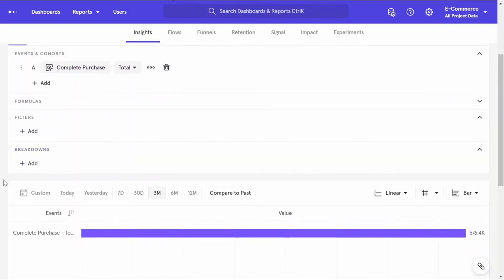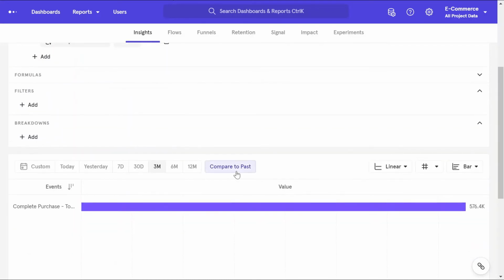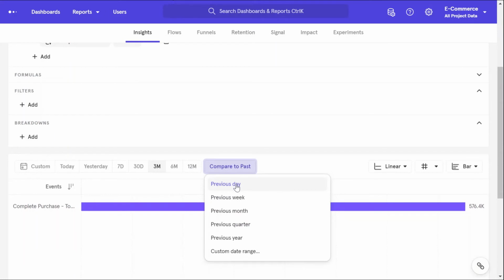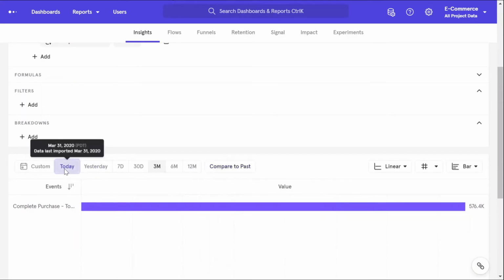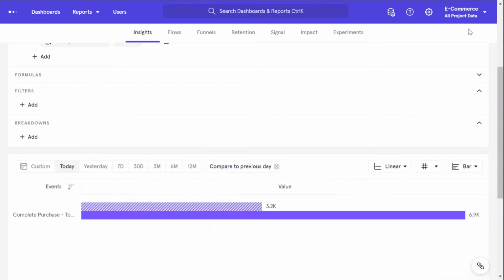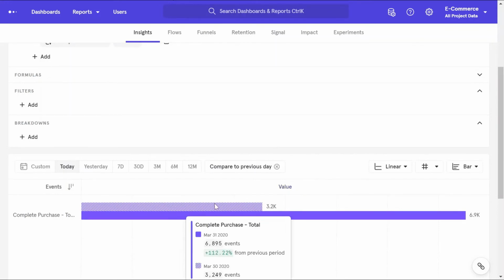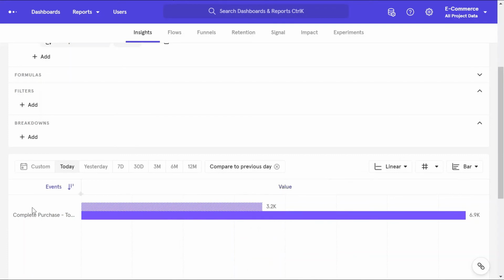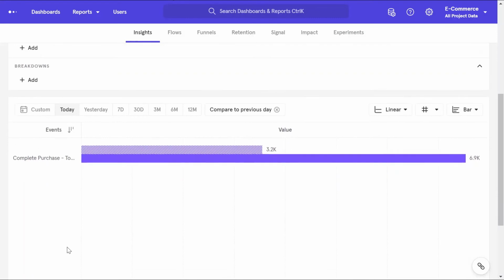Then you will break it down by cities, and then you will use this nifty feature called compared to past, and you will probably only look at today's orders, and you want to compare it to the previous days. Right now here actually there is an increase in orders from the previous day. Again, sample data, we cannot put much value on it, but you would have seen this bar for every city, and you would be able to figure out which cities it had gone down in.